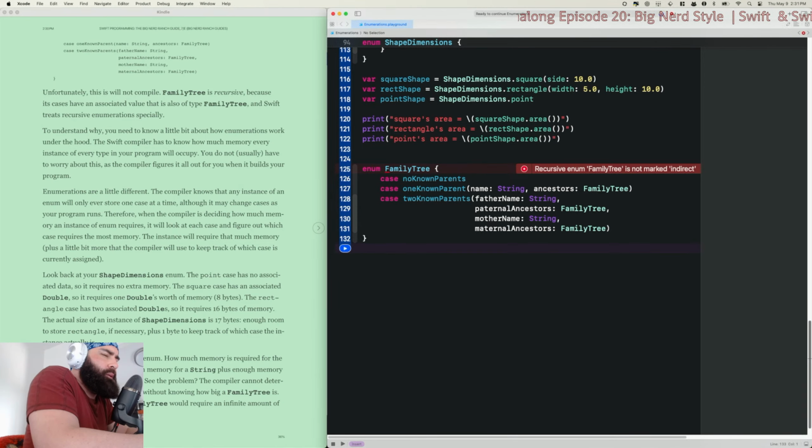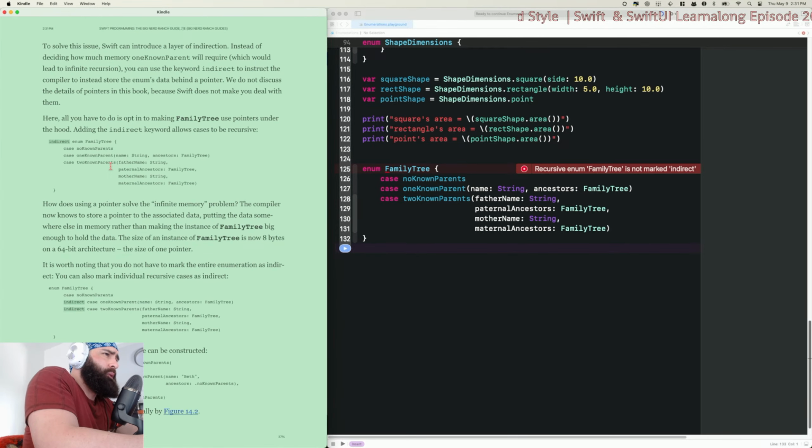Yeah, it's non-deterministic is the problem. Okay, the compiler cannot determine how big a family tree is without knowing how big a family tree is. Looking at it another way, family tree would require an infinite amount of memory. To solve this issue, Swift can introduce a layer of indirection.